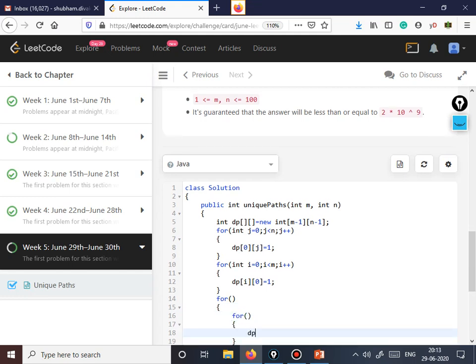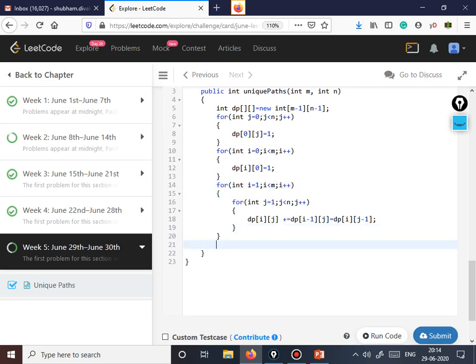Then we just need to fill the table, and the relation that we would be using is dp of i, j plus equal to dp of i minus 1, j plus dp of i, j minus 1, with j plus plus and int i equal to 1, i less than m, i plus plus, because we have m number of rows and n number of columns.